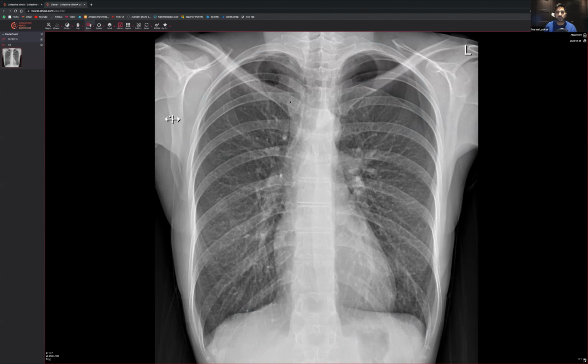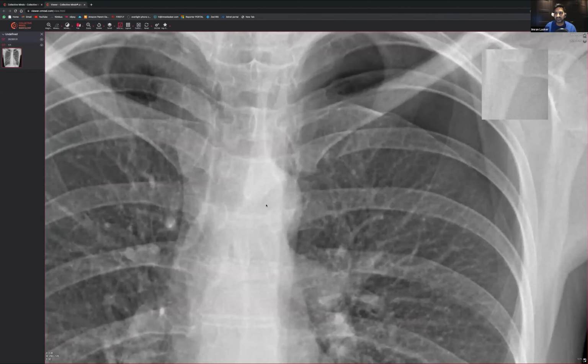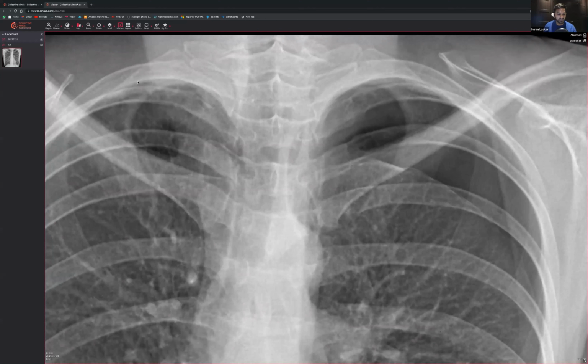One of the ways, if you're ever unsure, I think there's a slightly obvious case on this one, but what we can do is go to pan again, and you can see that you just literally draw a square in your mind, draw a square like here. Okay, and you can see lung trabecular, then draw a square over here. And genuinely, I used to do this, get a square with my hand, cover everything else up, put it there, then put it there and see what it looks like. And if there's a difference in the way that the opacification looks, or you can see that there's not very much in the way of lung markings, you're probably looking at a pneumothorax.